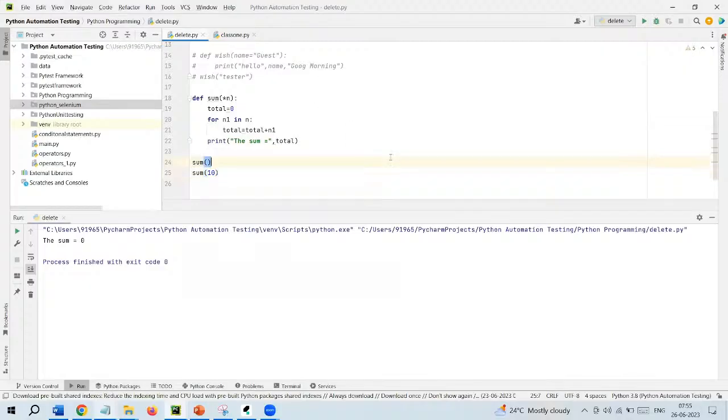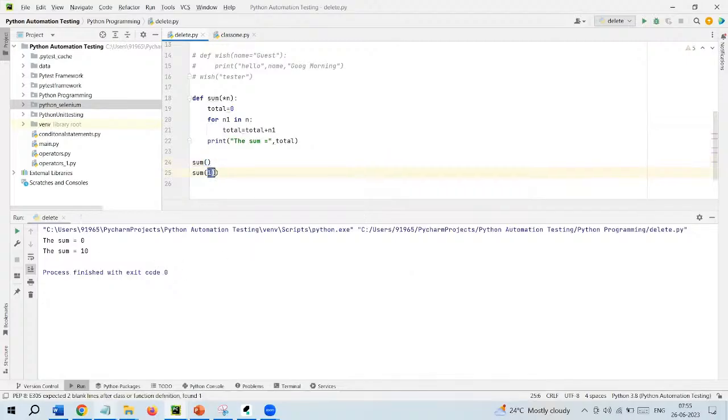Okay. Initially, I have provided a 10. What is the output? 10. Why? N value will be 10. 10, 10 in n1. So what is the n1 value? 10. Okay. Total equal to 0. 0 plus 10 means 10. Then the total value will be what? 10. Okay. Next time